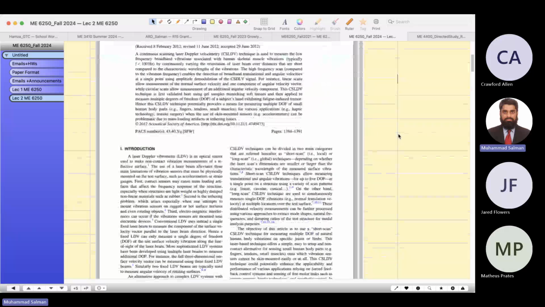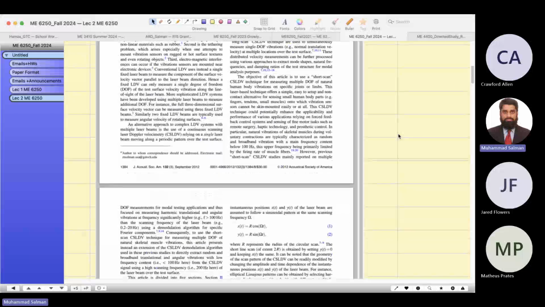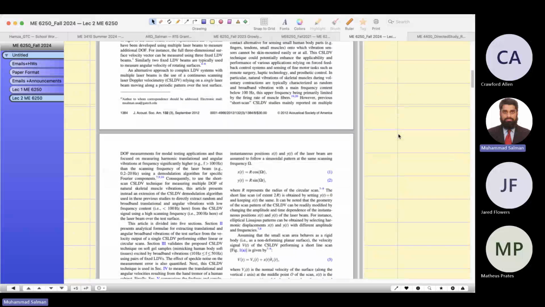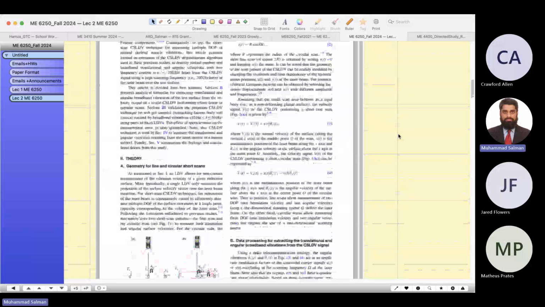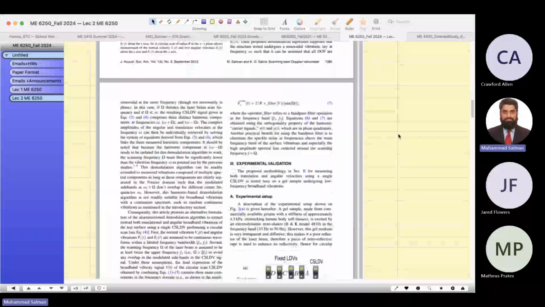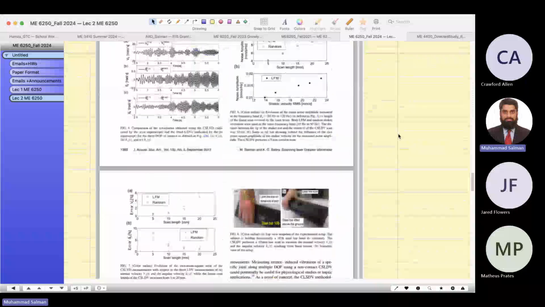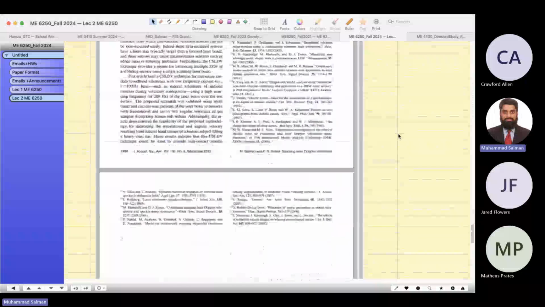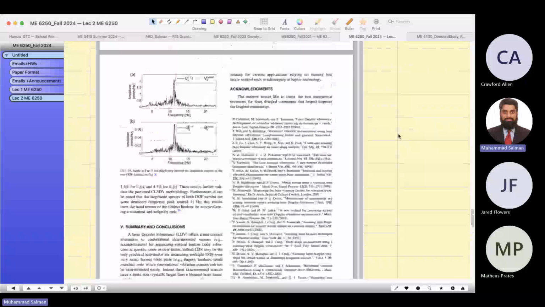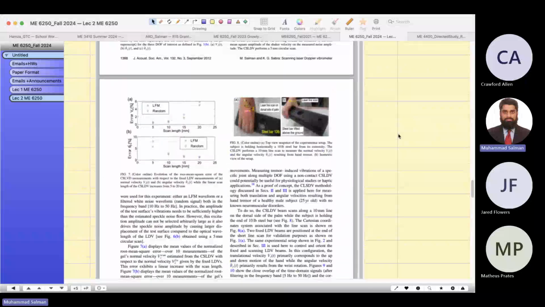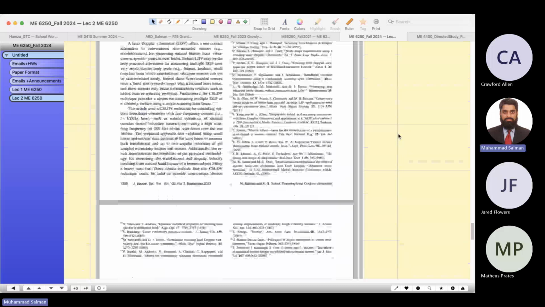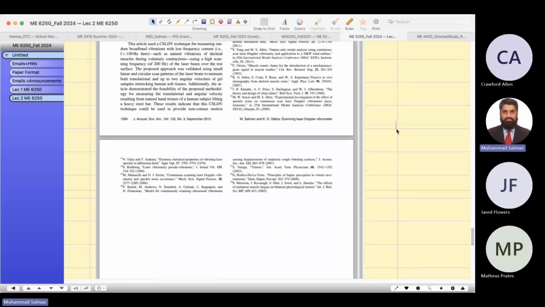So I wrote this paper, and he guided me on what theory I should find out. So this is the format, so you can see. I think this length is good enough, around 10 pages long. And then what we call the references.